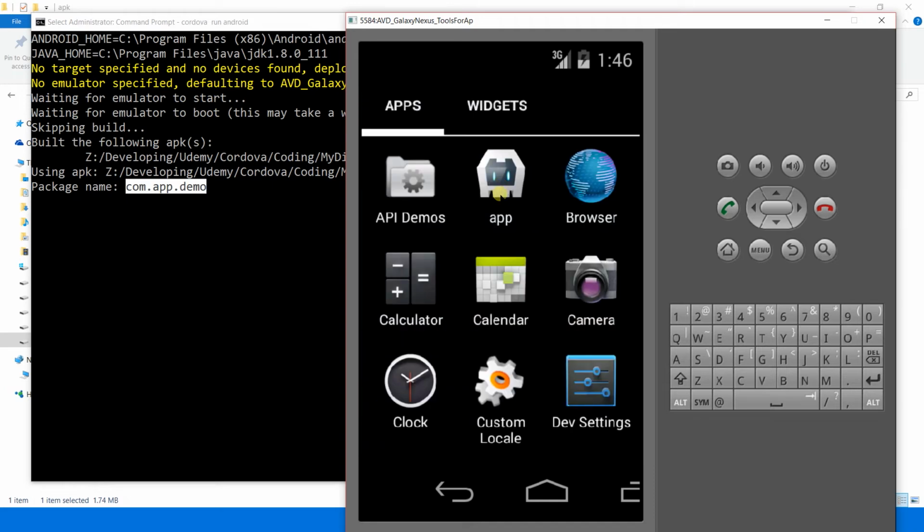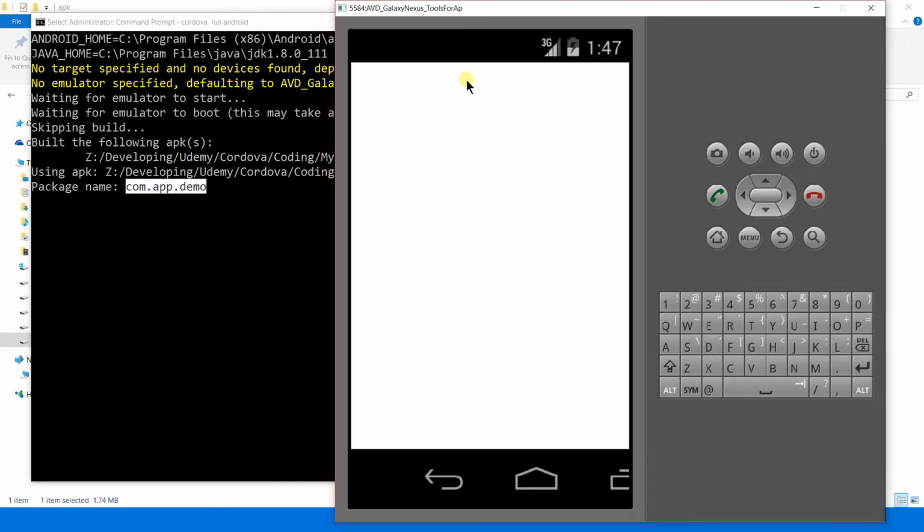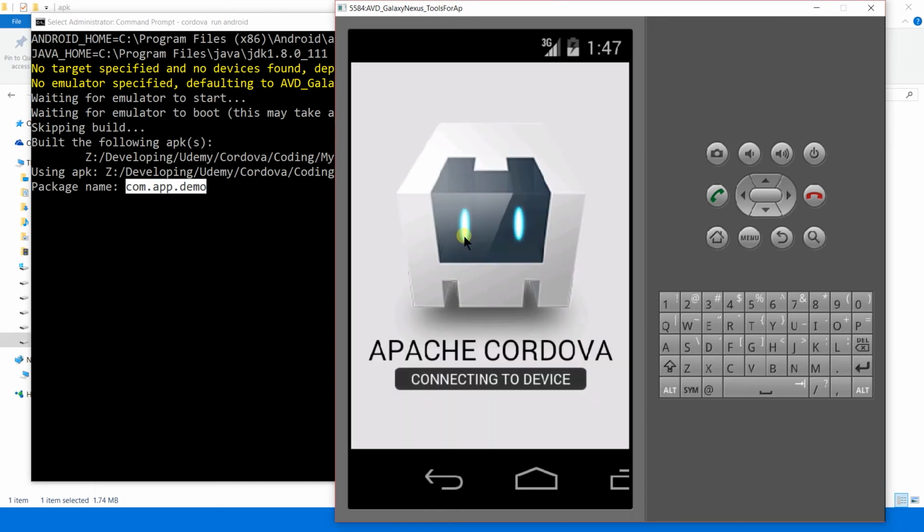Here is our Cordova application. By default, it takes the icon of Cordova. We can change it later. This was the default hello world type application, which we created in Visual Studio, or which we previously checked in the browser. My emulator is a little bit sluggish,